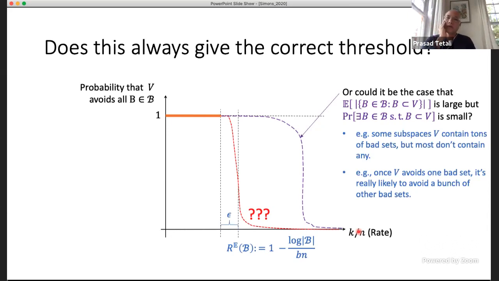Is that a reasonable intuition to have in this context as well? I think they might have said that in the context of random graphs. Yeah, so actually we're going to get something very similar to the sorts of things one can get in random graphs here. Yeah, okay, so spoiler alert, the answer is this is not the right threshold. You can go a little bit beyond.